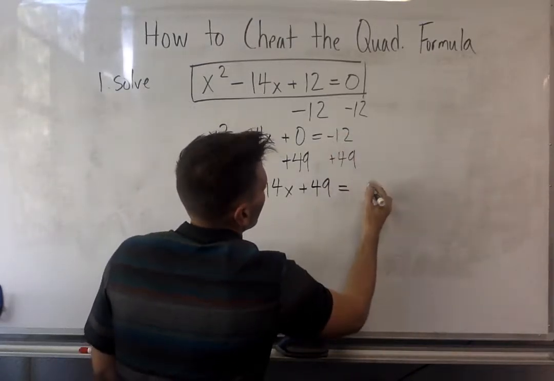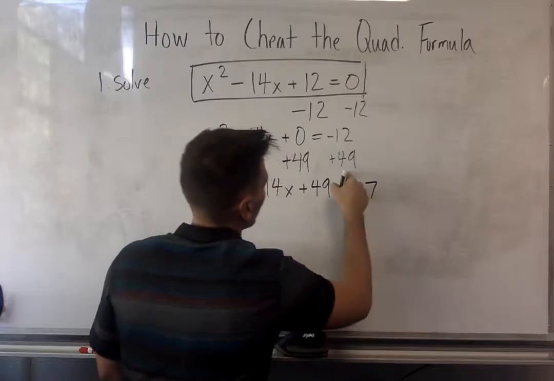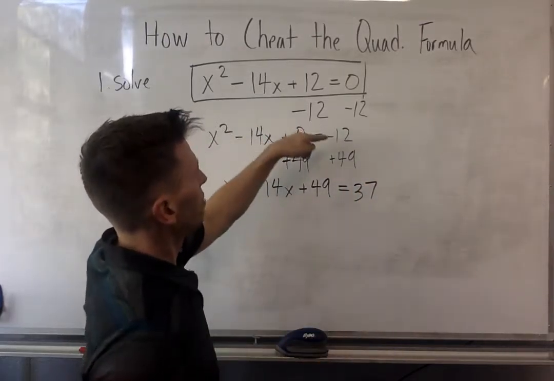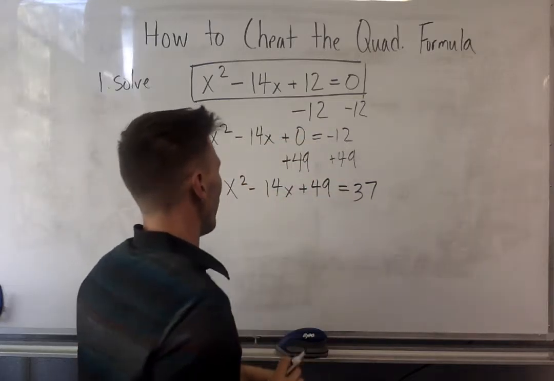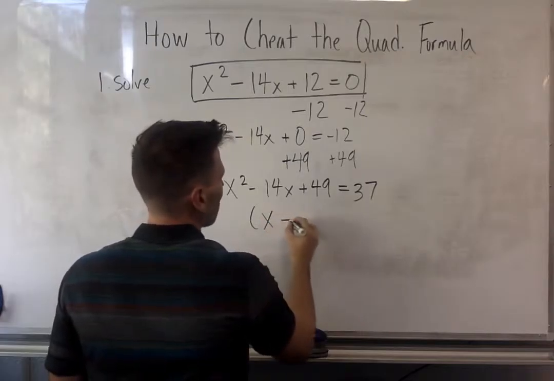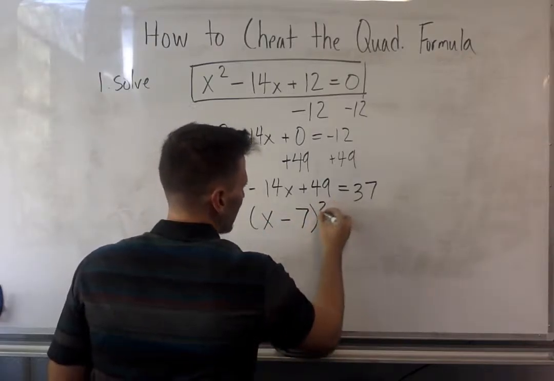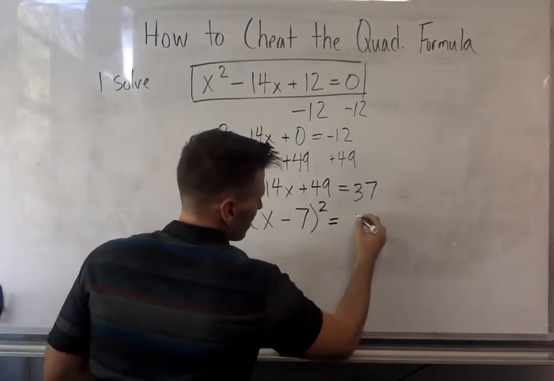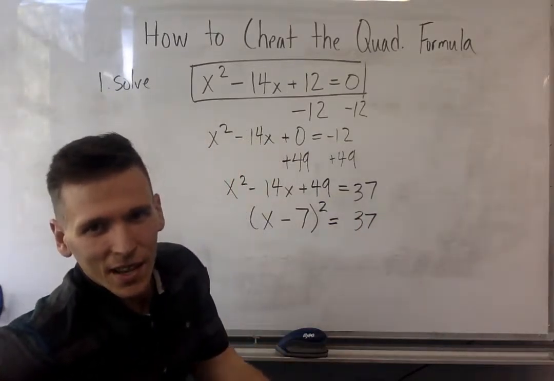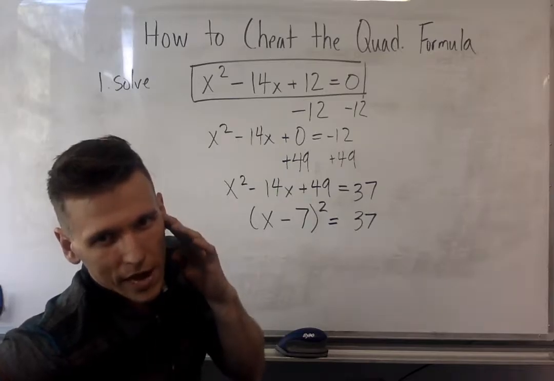Okay, so 9 minus 2 is going to be a 7 in the ones place, and 4 minus 1 is going to give me a 3 in the tens place. 37 plus 12 would get me back to 49, so I feel good about that answer. Then I can rewrite this finally as x minus 7 times itself, or x minus 7 squared, is going to be equal to 37. This is where it gets tricky and you forget what to do next,